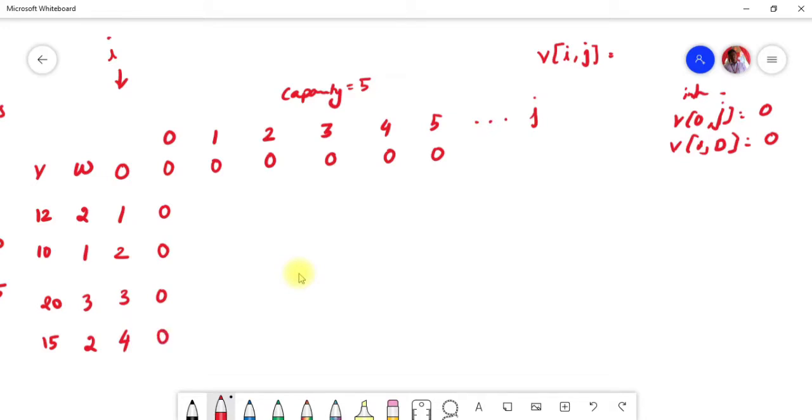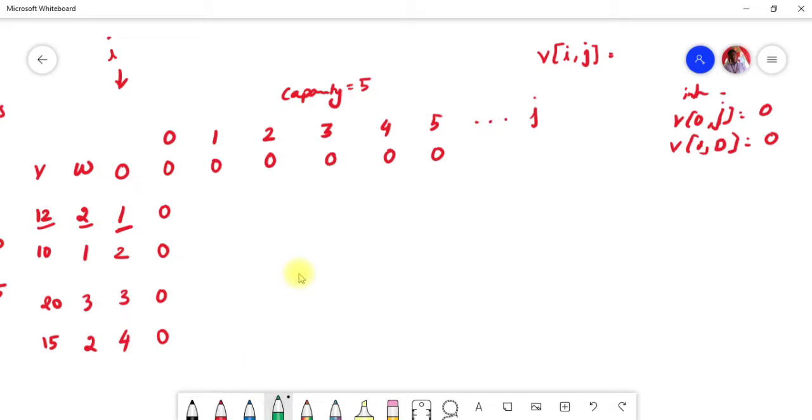Next, now the real problem comes into the picture, that we are going to start solving it. Let me explain you step by step how we are going to take the cases. It will be a very easy problem. Listen carefully. First step is, you are going to take item number 1. The weight of item number 1 is going to be 2, and the value of item number 1 is going to be 12.